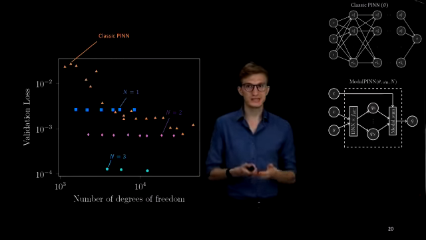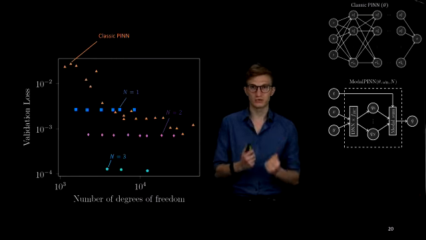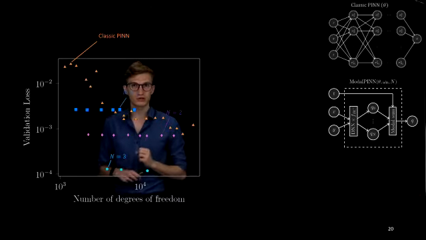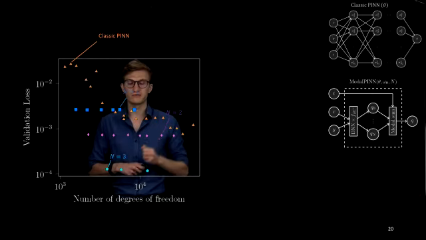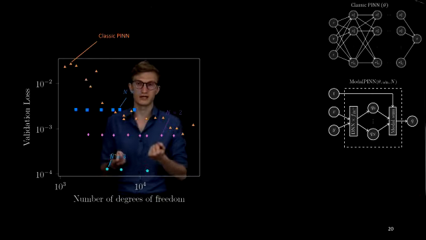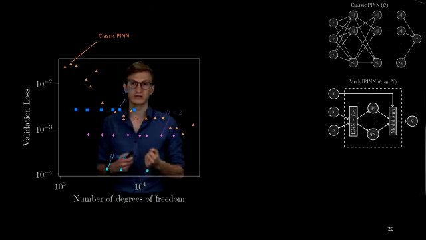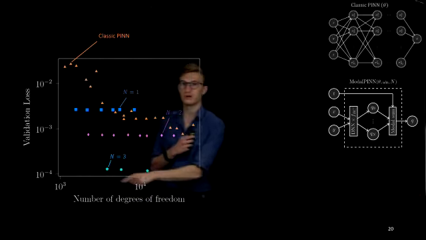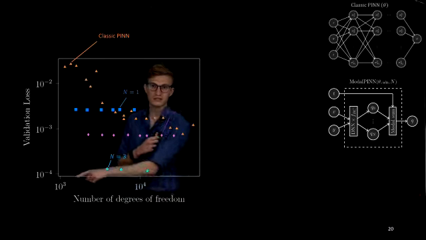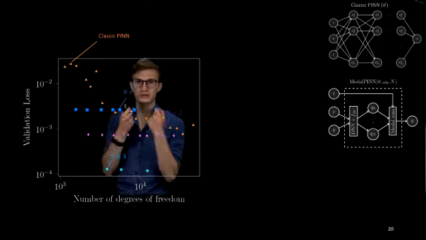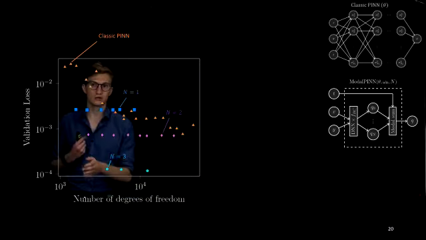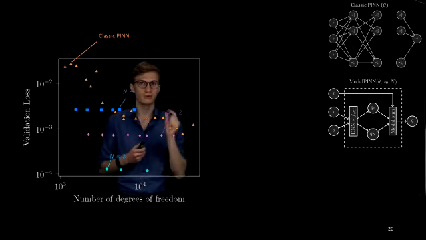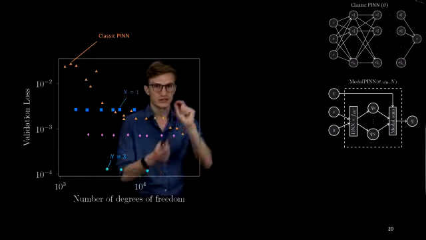Okay. If you look at a more quantitative comparison between the classical approach and the modal one, we did several trainings where we compared the validation loss of the classical approach with the modal one. So the validation loss is basically a measure of the accuracy of the reconstruction. Here we compute the squared difference with the data from simulations that were not used in the training. And we did that for several neural networks that have different numbers of degrees of freedom. So this axis represents the number of parameters that you can tune in your model. So the more you have, the more capable your neural network is to approximate tiny structures, especially tiny vortices,